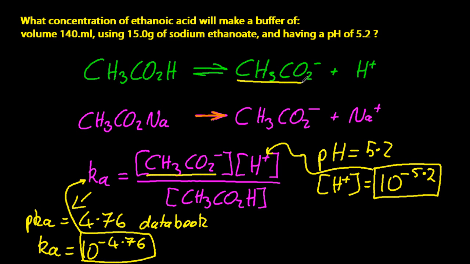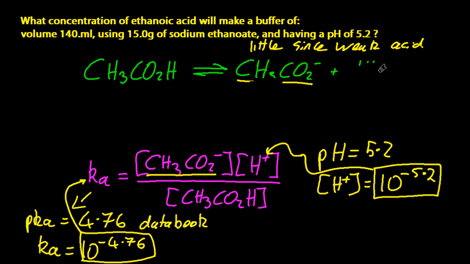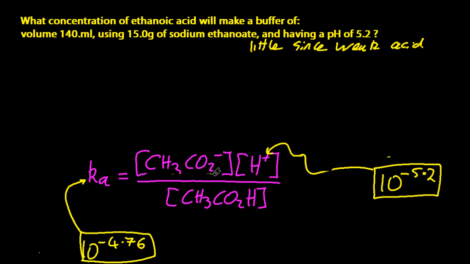Now I've got two sources for the ethanoate ion. I'm going to ignore the one from the top equation because it's only a weak acid. It's not going to be much ethanoate from that equation. The salt is going to 100% dissociate, and that's where almost all of the ethanoate's coming from. So I'm going to assume that my ethanoate ion concentration is from that salt. If you can't remember these tricky assumptions, just say that you assume STP, and the IB might let you get